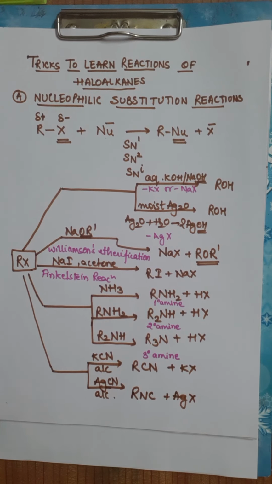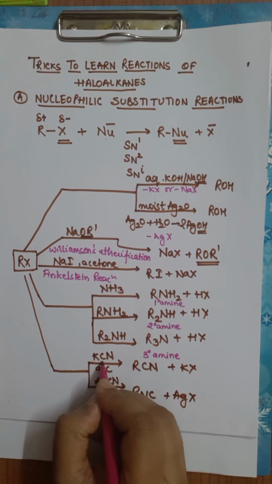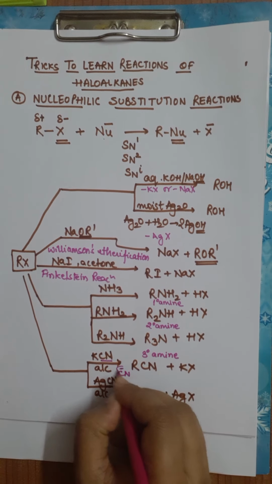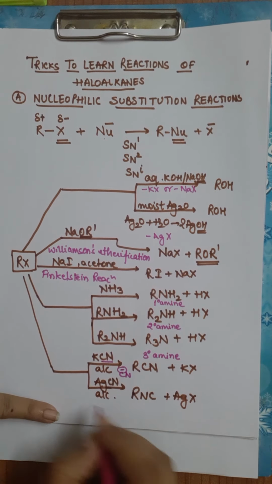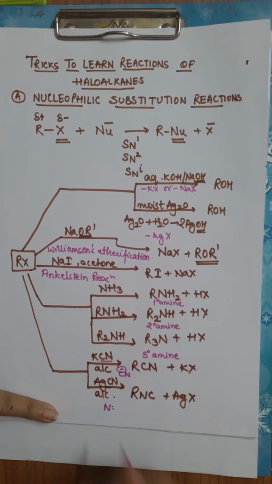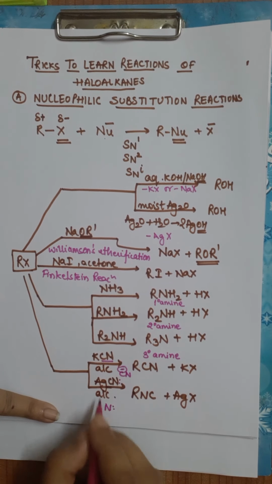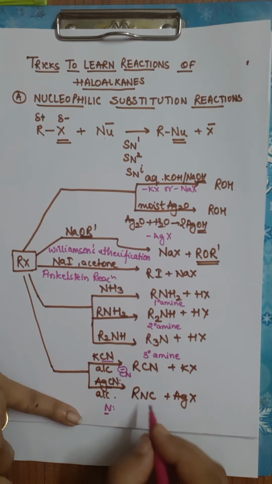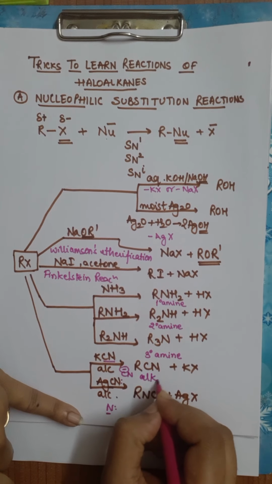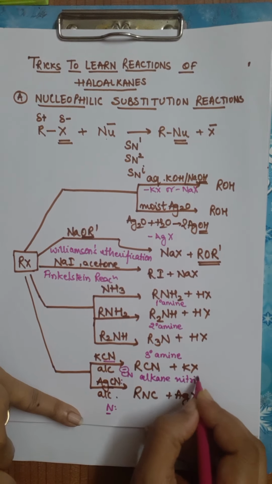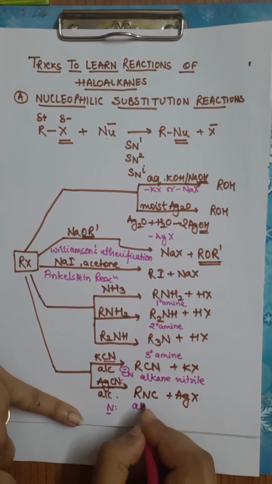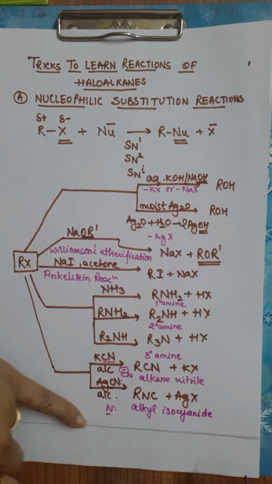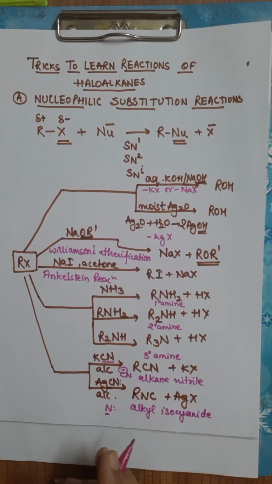Okay. Now again, why is it different? The reason is here the attacking species is CN minus. Okay, the nucleophile that you are having here is CN minus. The negative charge is on the carbon of the cyanide group. In the other case the attacking species is nitrogen with the lone pair, because AgCN is a covalent molecule. So this nitrogen is the attacking species, that's why the product is RNC. So the compounds formed are alkane nitrile and alkyl isocyanide, or you can also say alkane isonitrile.